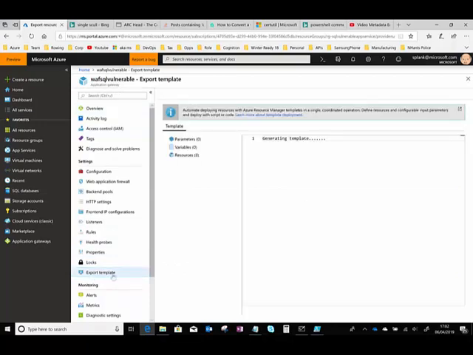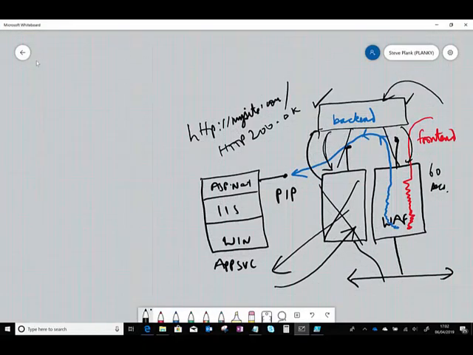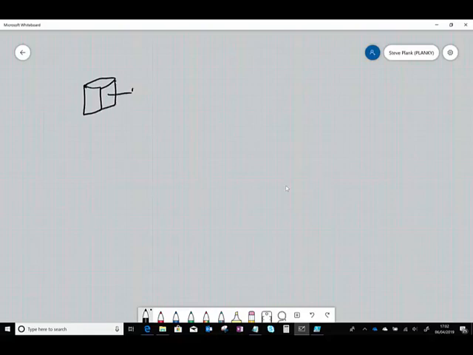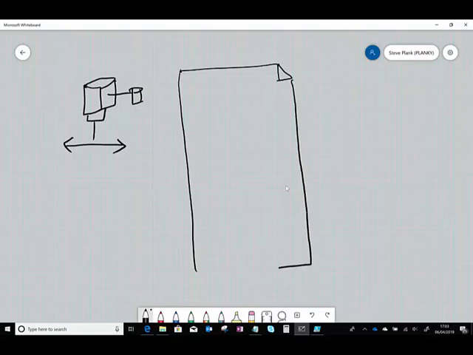Whenever you create anything in Azure, I'm going to use the whiteboard again. I'll do a new one of these. Whenever you create anything in Azure, let's do something really simple. Let's create a VM that's got a disk, it's got a network card, and it lives on a VNet. So you have this file, and it's full of JSON. It's called an ARM, Azure Resource Manager template,